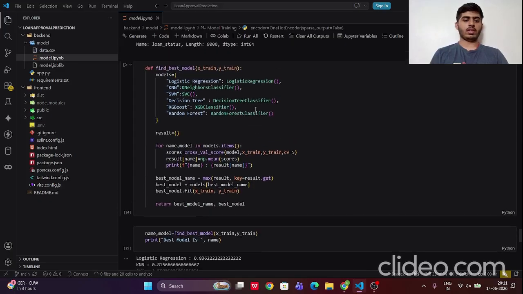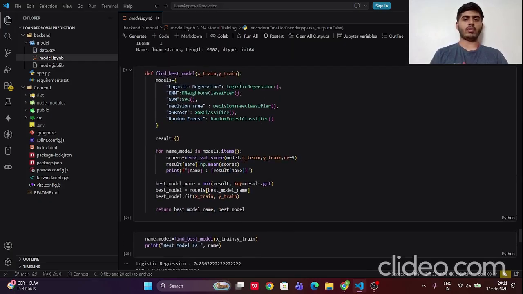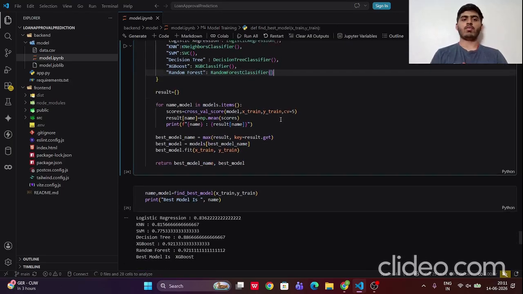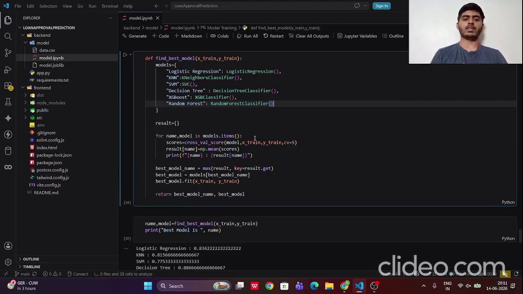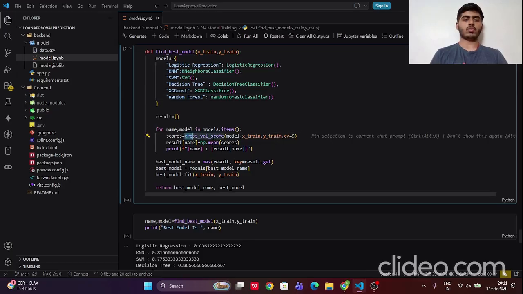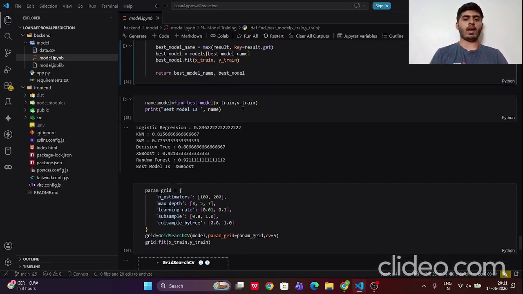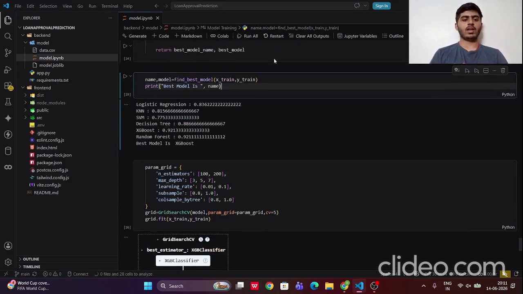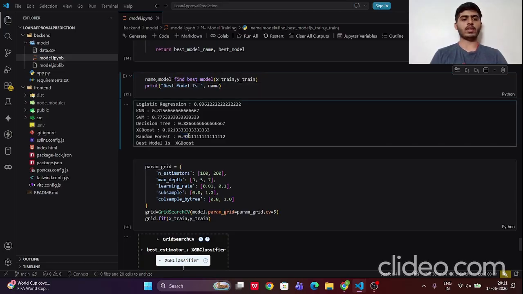Now using the train data, I could have used logistic regression, K neighbors classifier, SVC, decision tree, XGB and random forest classifier. But to find out which of the models would be the best, I made a function which would give the cross-val score of all of these models. And once I ran this function, I found that XGBoost had the highest cross-val score, almost 92%, which is tied with random forest, and decision tree has 88%, SVM has 77, KNN has 81, and logistic